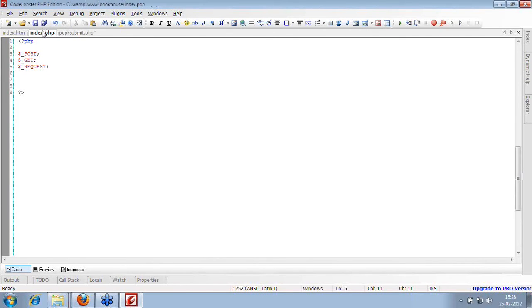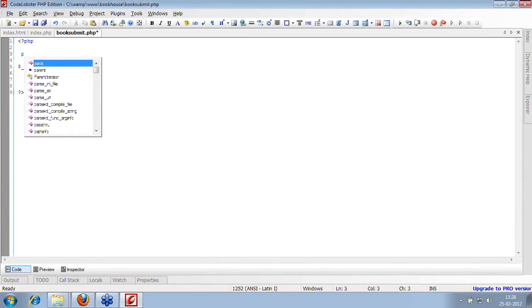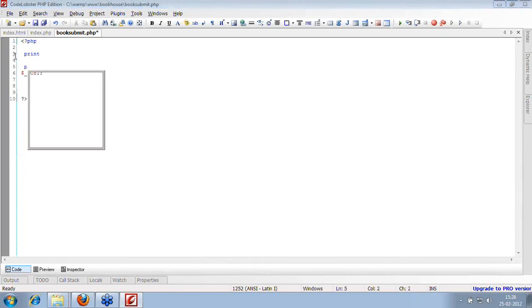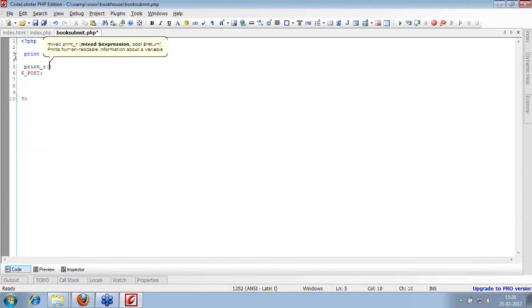Now here, because we know we are using the post method, let's use the post method. PHP has one function called print, which, as the name says, prints the details on the screen. So here we'll be using print, and it has one more function called print_r.